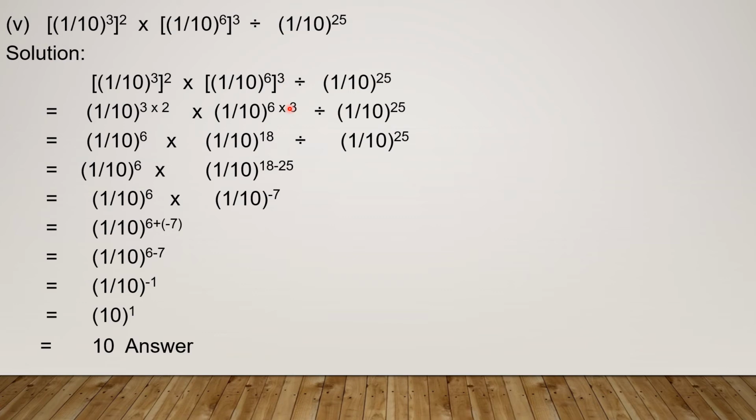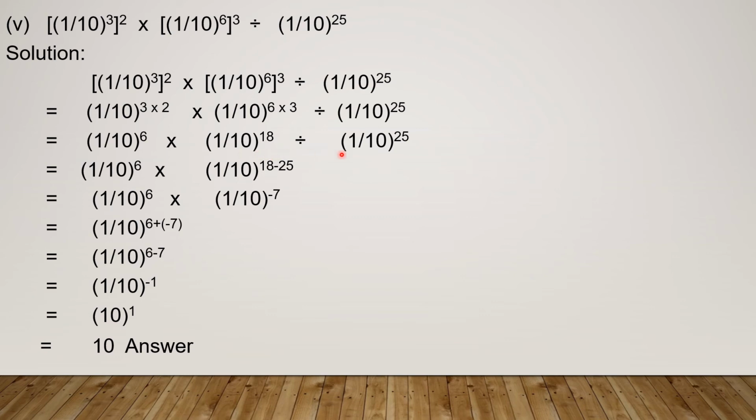So first of all, we must remember, we first convert the double powers into single power. This will be our first step. So 3 multiply by 2, similarly 6 multiply by 3, and this 1 by 10 will come as it is. So 3 2s are 6, 6 3s are 18, and 1 by 10 power 25. Now students, here we have two operations, one is multiplication and one is division. So what we have to do first, we will divide first, because according to the BODMAS rule, we will divide first, then multiply, and then addition, and then subtraction. So we will first operate this division.